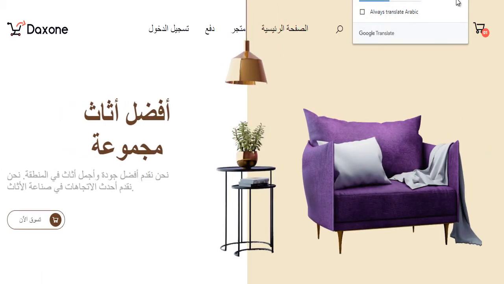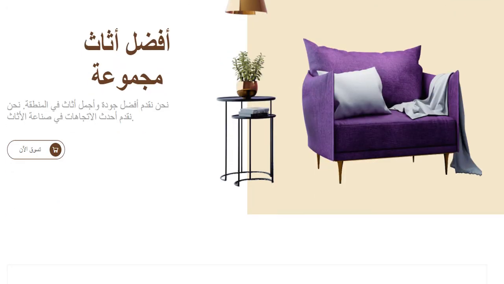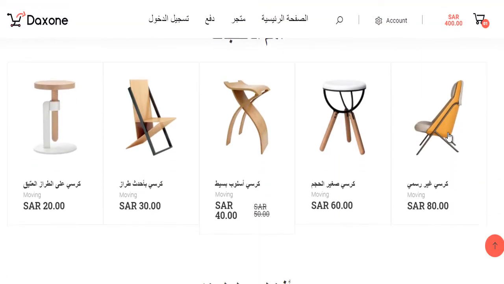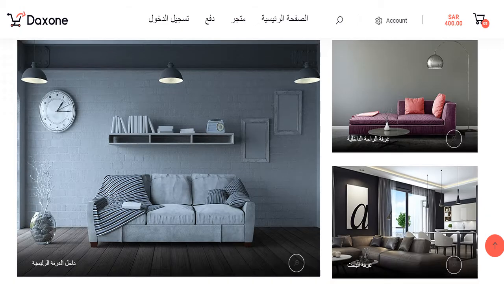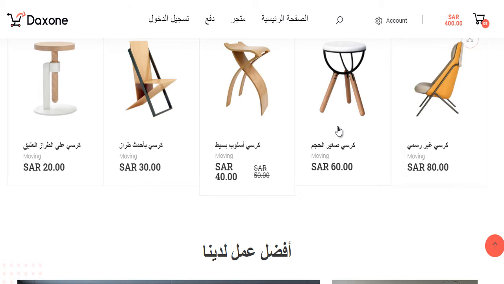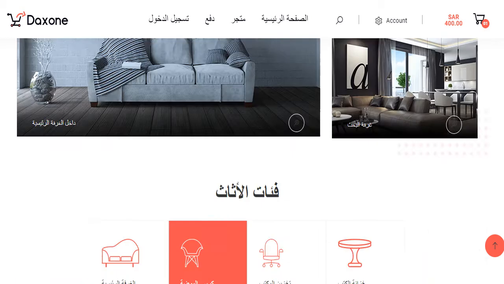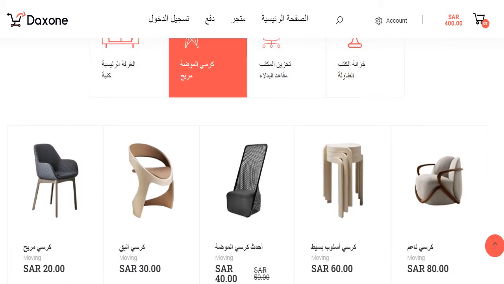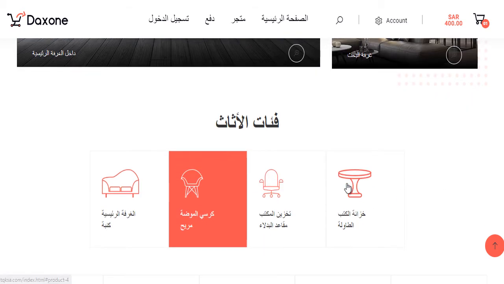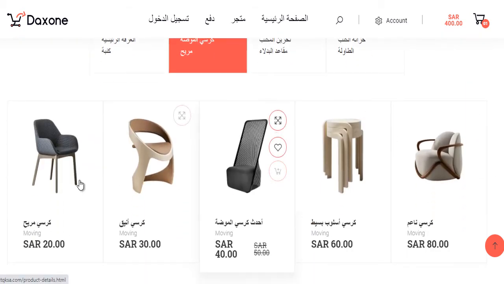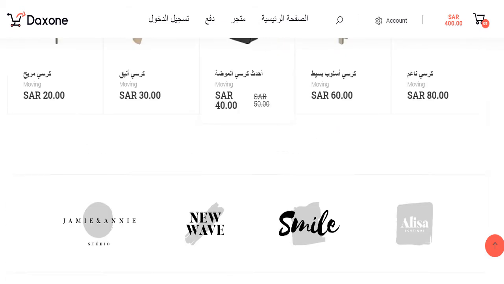Then this is the main page. Once a customer goes to the main page, he will be shown some products. Okay, so these products are selected actually from the shop. Here is the shop, so I will explain it to you from the shop. When he selects the products, the main products should be shown on the featured page. So 5 products here and 5 products in each of these 4 categories. These are 4 categories and each category has 5 products being shown here. Okay, so this is the first page.